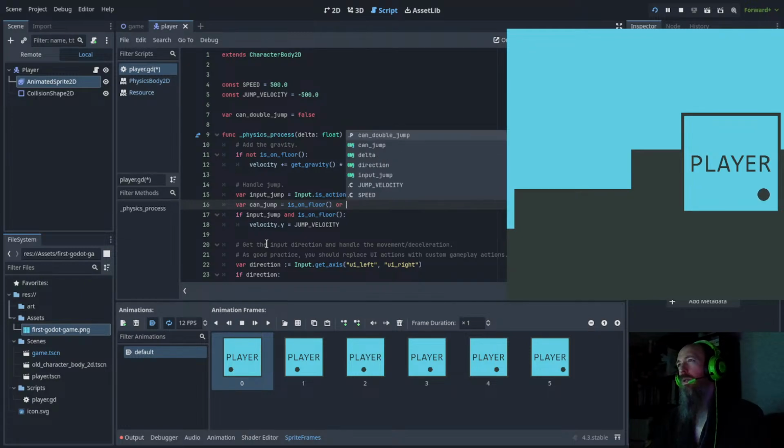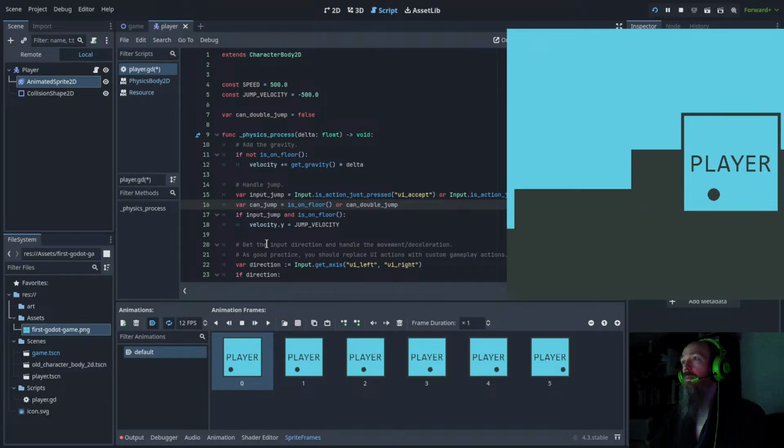But you also could if you can double jump. So now say this is can jump. So you're either grounded or can double jump. And now, basically, when you land on the floor,